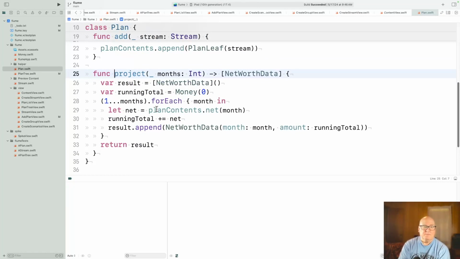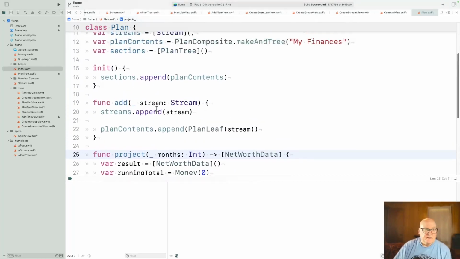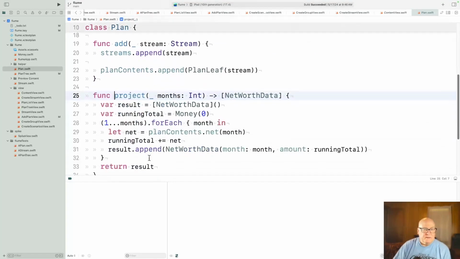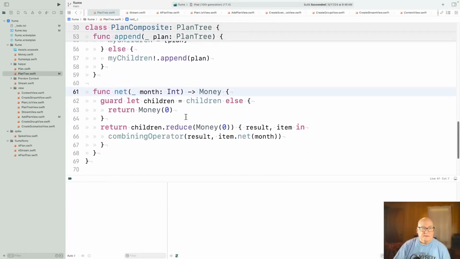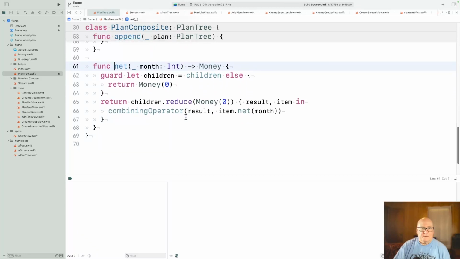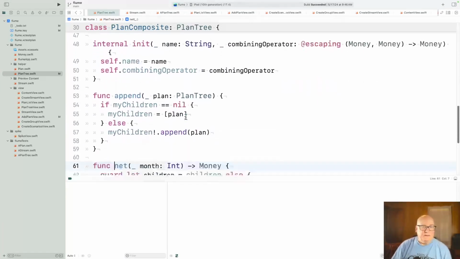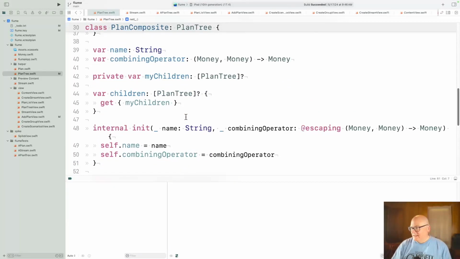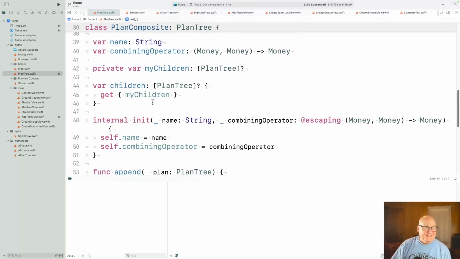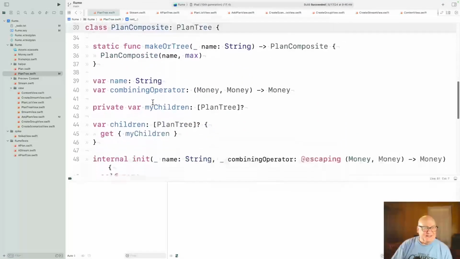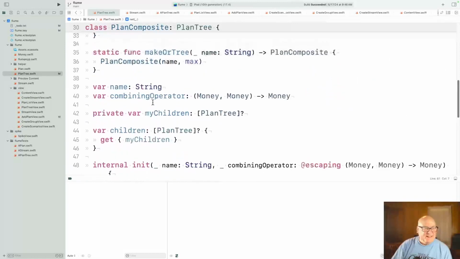Okay, so for each month, we get plan contents. Well, I thought I knew what was going on, but I don't. Oh, yes. Yeah, unfortunately, I have to. Thinking doesn't stop. Not always good thinking. You can get ahead of yourself. Well,